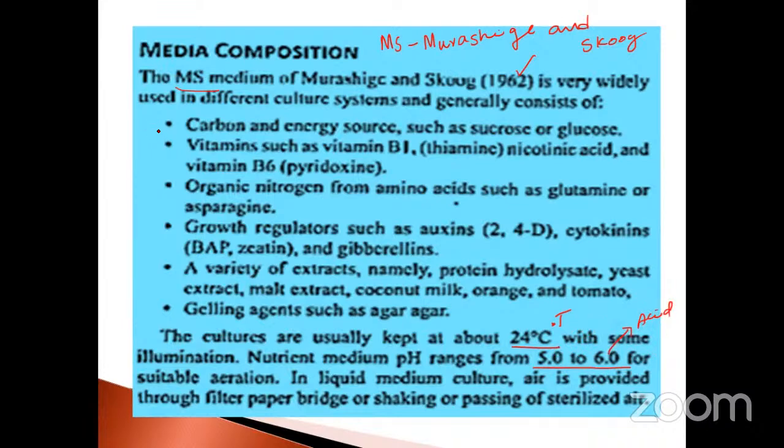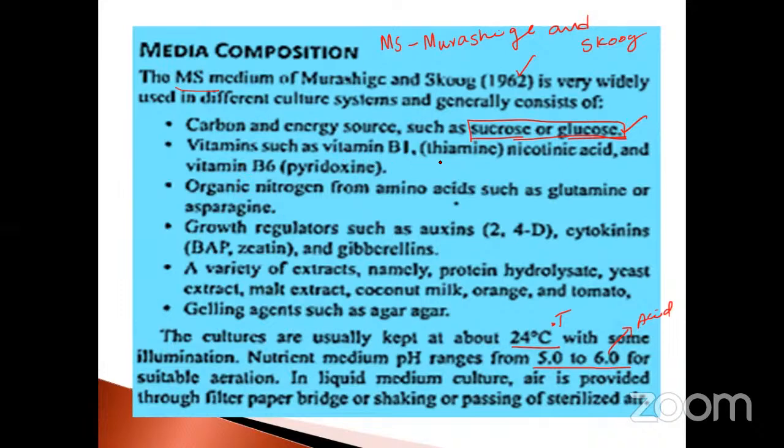See, what compositions are important for the growth of tissue culture? Carbon sources are very, very important. Nitrogen source is also very important. Plant hormone is also very important. The carbon and energy sources are such as sucrose and glucose. Sometimes they ask about fructose, lactose, galactose, maltose. Particularly, these two carbon sources are very easily utilized by the plant. That's why they have chosen glucose and sucrose.